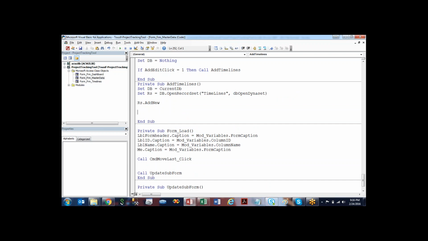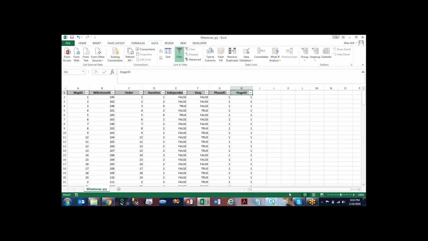Then we need to take each field is equal to something. We'll need the table